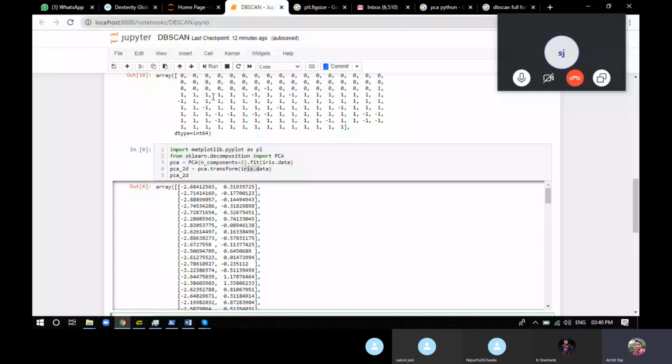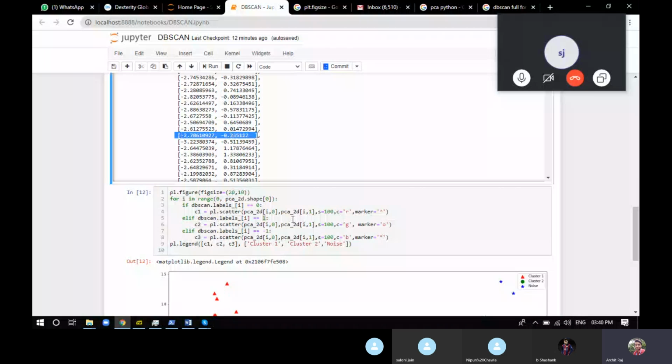So the same thing: PCA 2D i, the outer array, which is i, because we have checked the cluster is 1. We got the outer array, now go to the inner one. For the inner one, we specify the 0th index and the first index, because the 0th index specifies the x coordinate, and the first index will specify the y coordinate. So you'll get the x and the y value.